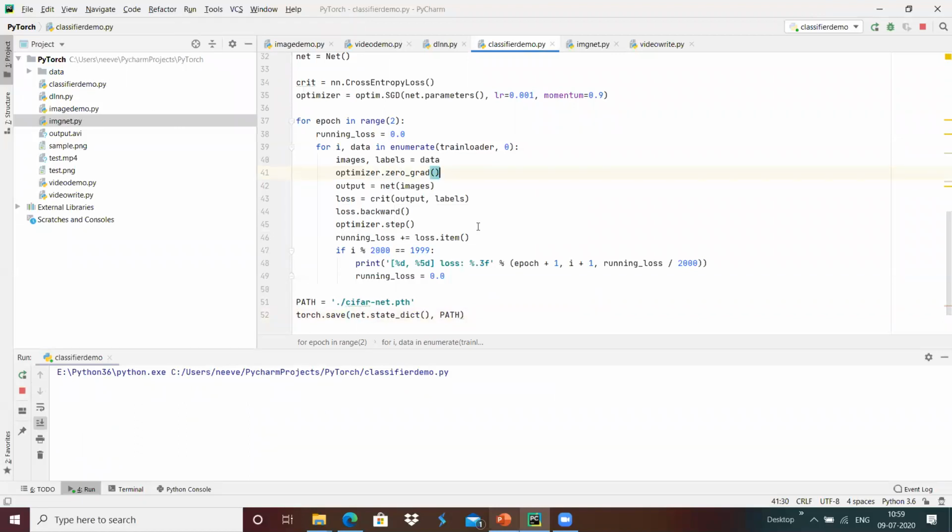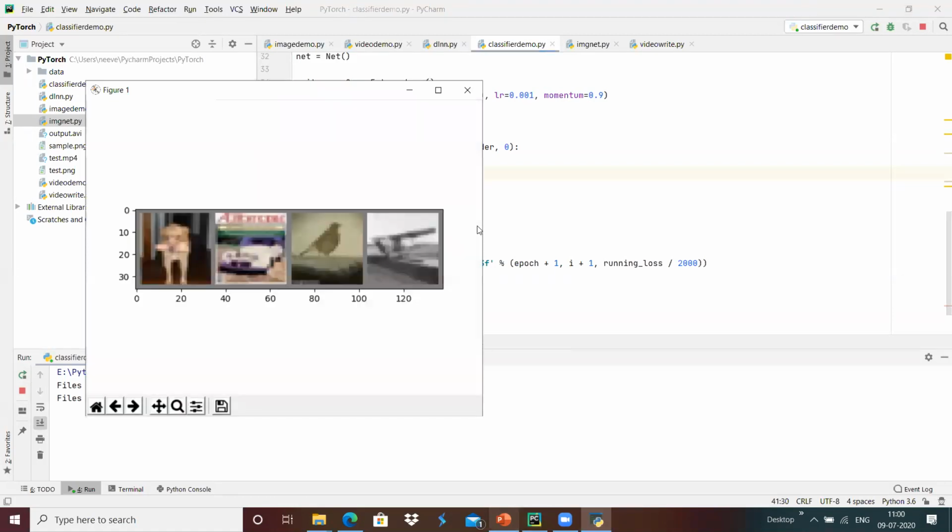We continuously calculate the loss and show how the training has been progressing, which we will see here. Here we have picked up images from the training data, with something like a dog, a car, a bird, and an aeroplane.